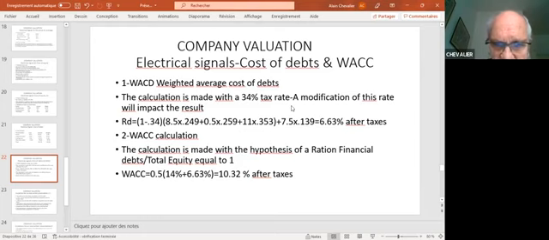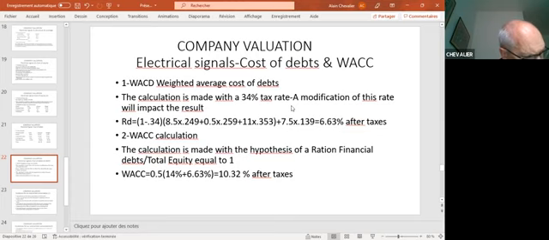So we have to take into account this tax rate in the calculation. As we did before, it is 1 minus 0.34, multiplied by all the other elements. You get 8.5 for the bonds, multiplied by a 24.9% weight, plus 9.5% for the loans, with a 25.9% weight,